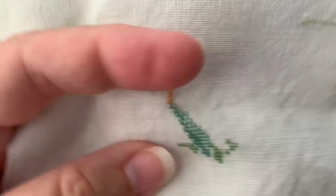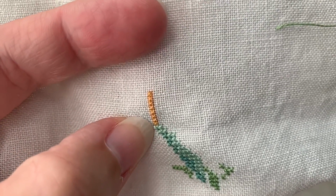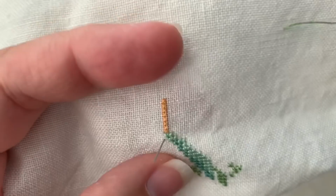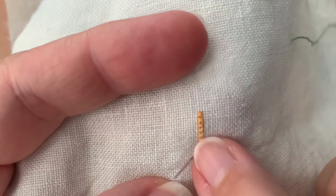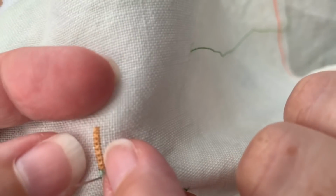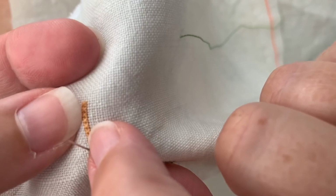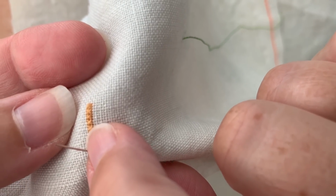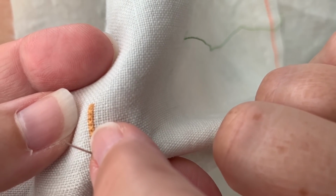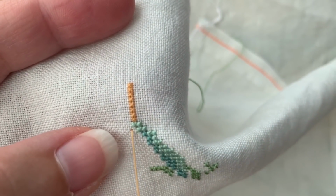All right, my next one is going to come down underneath this single green stitch here. So the mosaic stitch is diagonal. There's a little diagonal line, and a bigger diagonal line that goes across the whole square, and the little diagonal line goes across the bottom half of the square. So the first stitch is the little diagonal line,